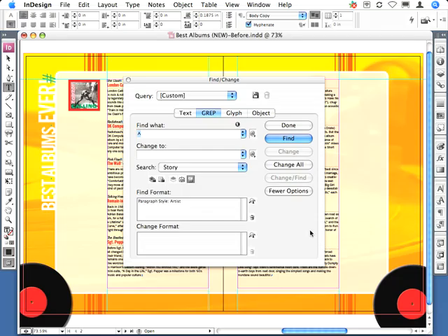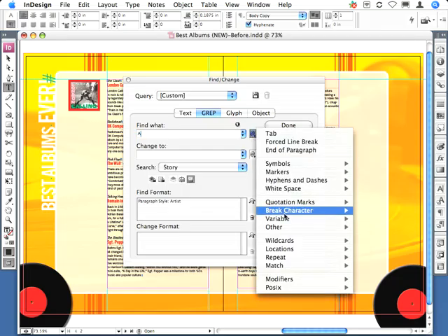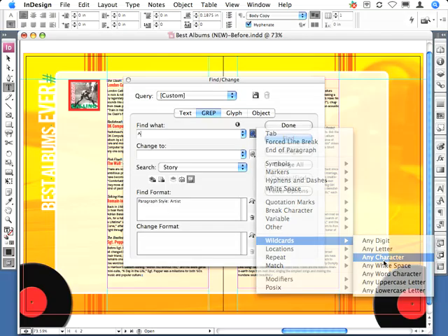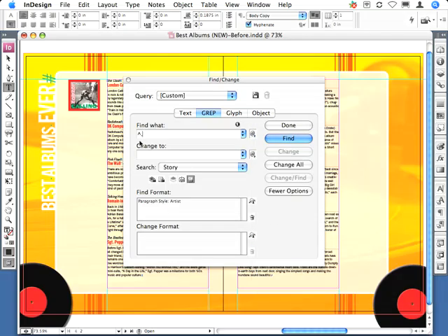Next, I'll go back to the Special Characters for Search menu, to the Wildcards submenu, and choose Any Character, which puts a period, the meta character for any character, in the field. What I've now told InDesign to do is find any character at the beginning of a paragraph that uses the